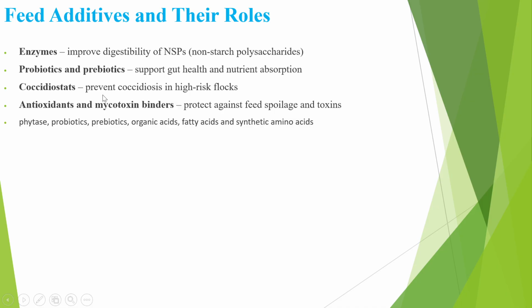Coccidiostats prevent coccidiosis in high-risk flocks. Antioxidants and mycotoxin binders protect against feed spoilage and toxins. Then we have others like phytase, probiotics, prebiotics, organic acids, fatty acids, and synthetic amino acids. These are also critical because they help to make sure that the feed that the bird is consuming is properly digested, and for organic acids, there is creation of an acidic pH in the gut, one to kill the microbes and two to help with digestion of proteins,